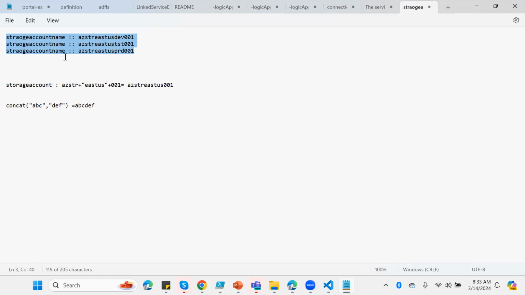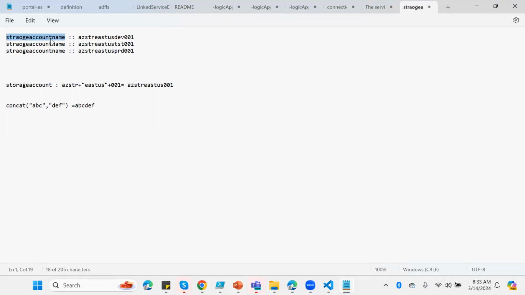So we don't know to which environment we are going to deploy. So that is where these things come in handy. This will be like parameters that you will pass whenever you are going to deploy. If you are using a CI/CD pipeline, you can pass it through your parameters, override parameters, or else if you are using PowerShell to deploy, then you can use